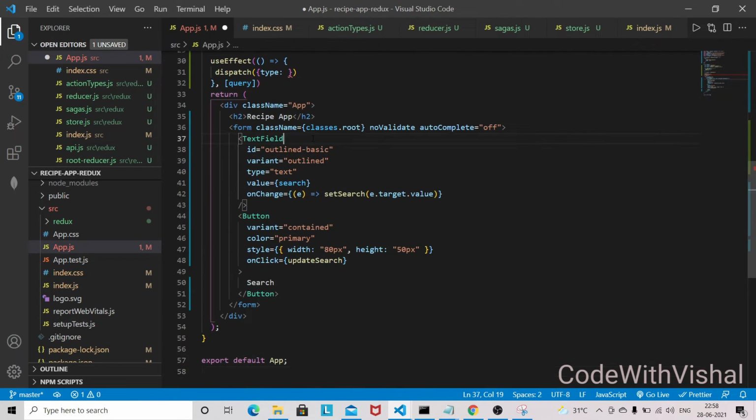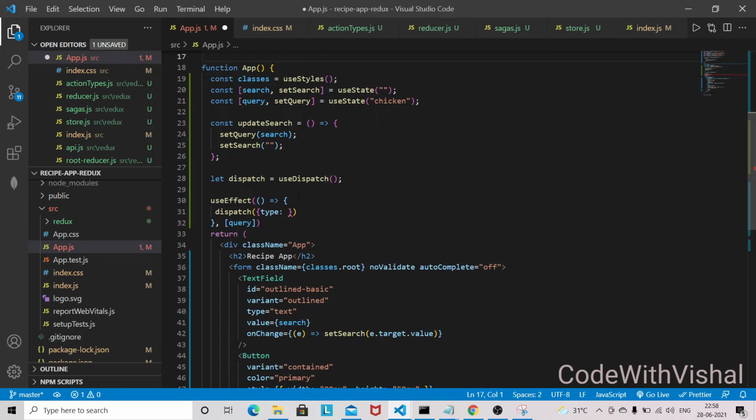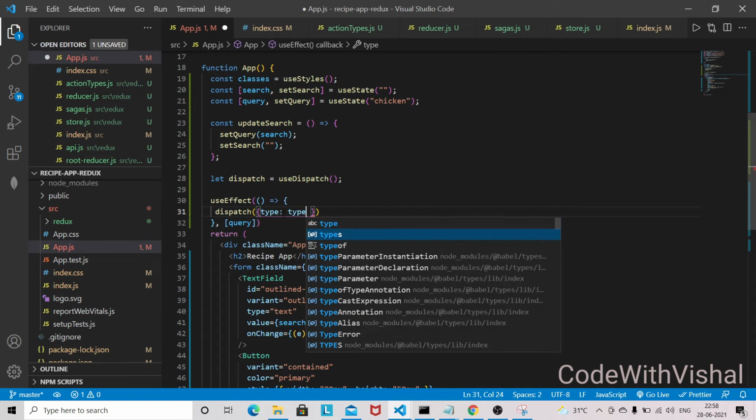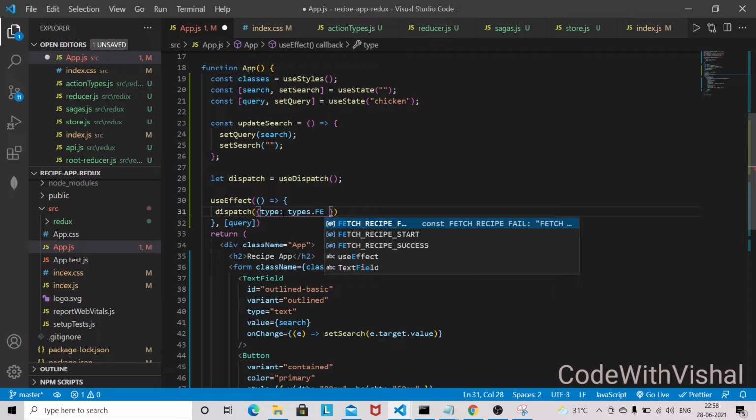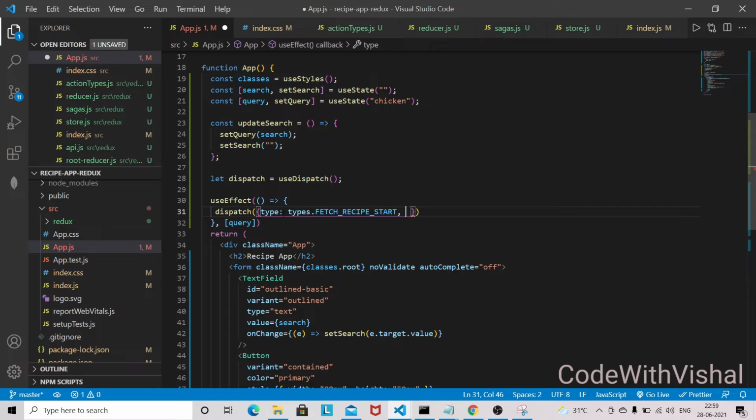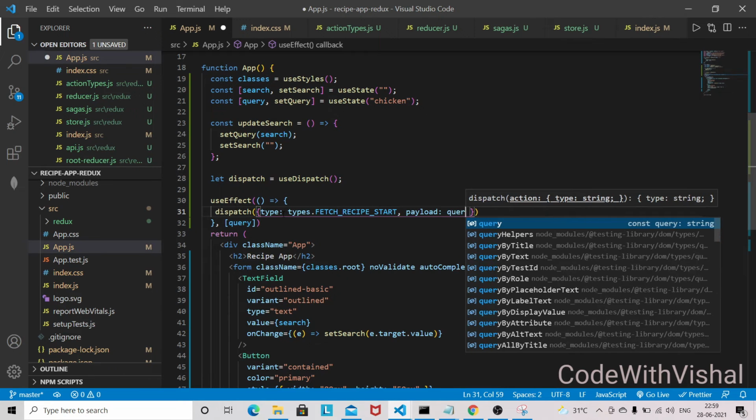Now in this dispatch we are going to write types.fetchRecipeStart, and we are passing the payload, and it will be a query.